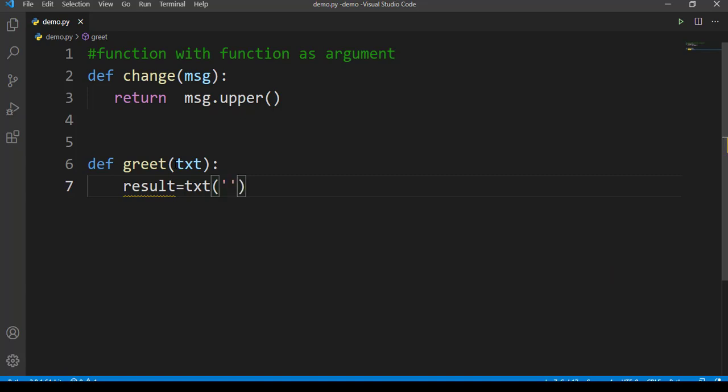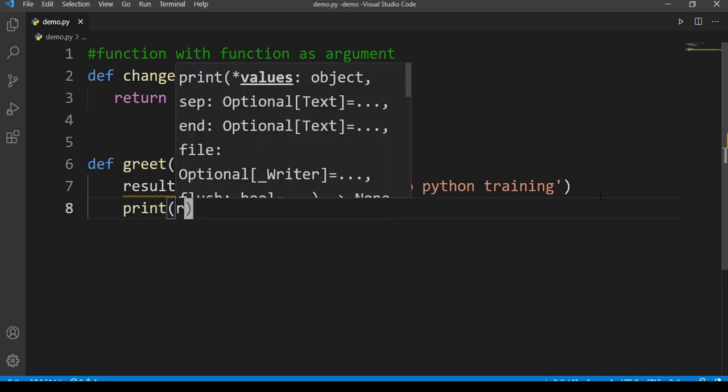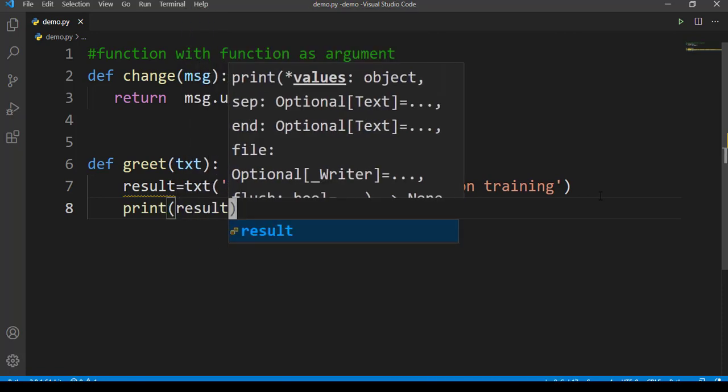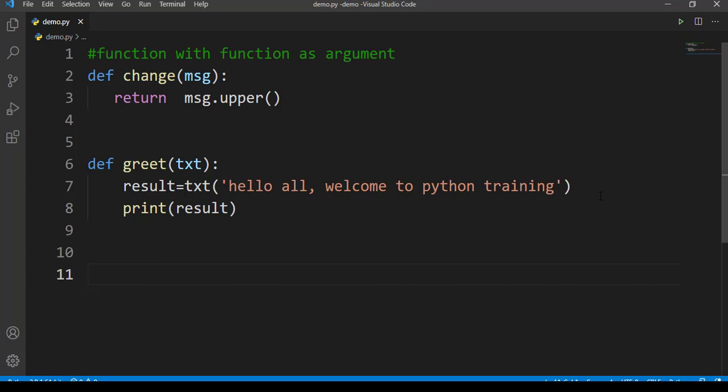So let's provide a string here, hello all and welcome to Python training. This is my string here. Now let's print this result as well to observe the result in the output screen. Note that we have not called any of these two functions till now.